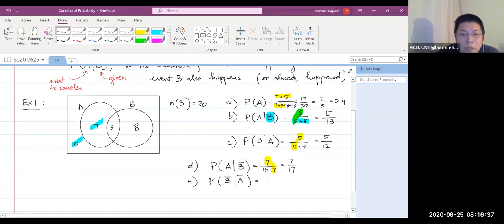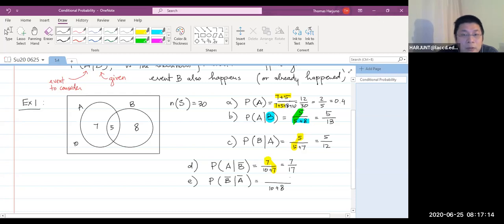So this will be not A. Let me erase that 2 first. Not A refers to outside of A, which refers to 10 and 18, that's right. 10 plus 18, that's outside of A. And of those 10 and 8, those 18 elements, the part that is outside of